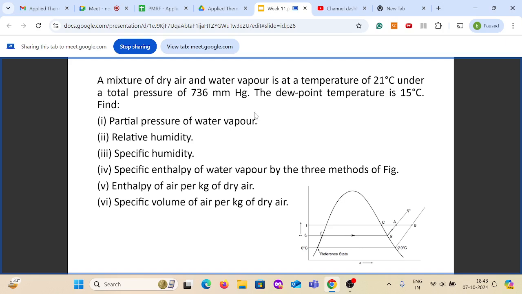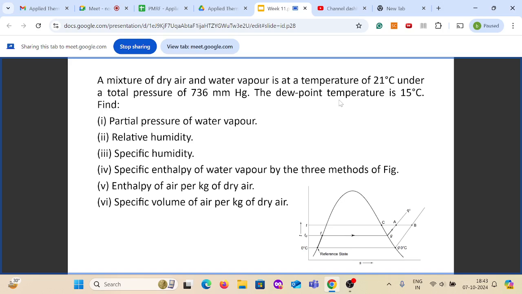We'll see how to solve this. So we have a mixture of dry air and water vapor at a temperature of 21 degrees Celsius, and they are saying the dew point temperature is 15 degrees Celsius. So essentially our condition is that we are at point A. This is our actual temperature, 21 degrees Celsius, and since this is the dew point temperature,